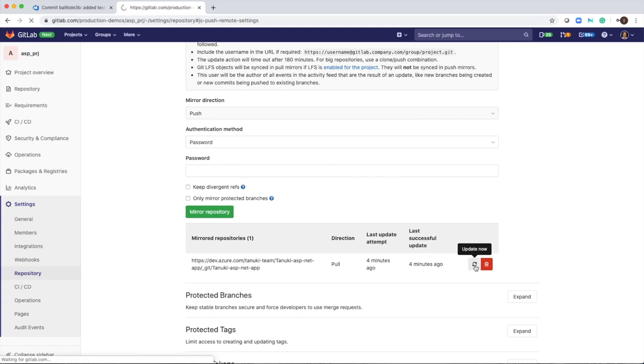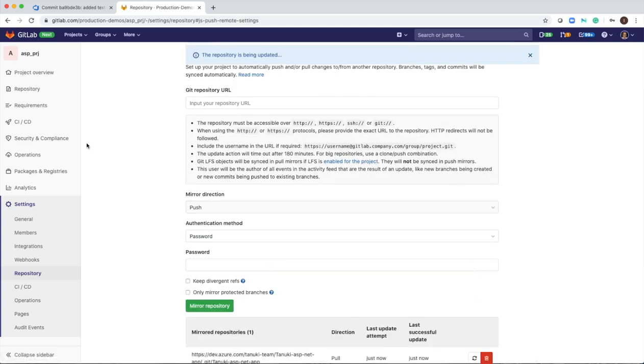I will just click the update now. And if I go back to my commits,